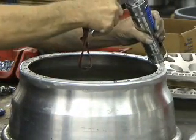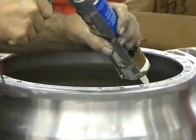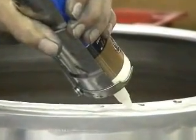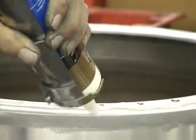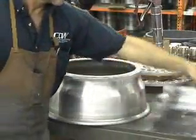Sometimes there'll be bubbles in the caulk. If one pops out and there's a void, you need to fill it in, to keep from having air bubbles in the seal. Now you take the outer shell